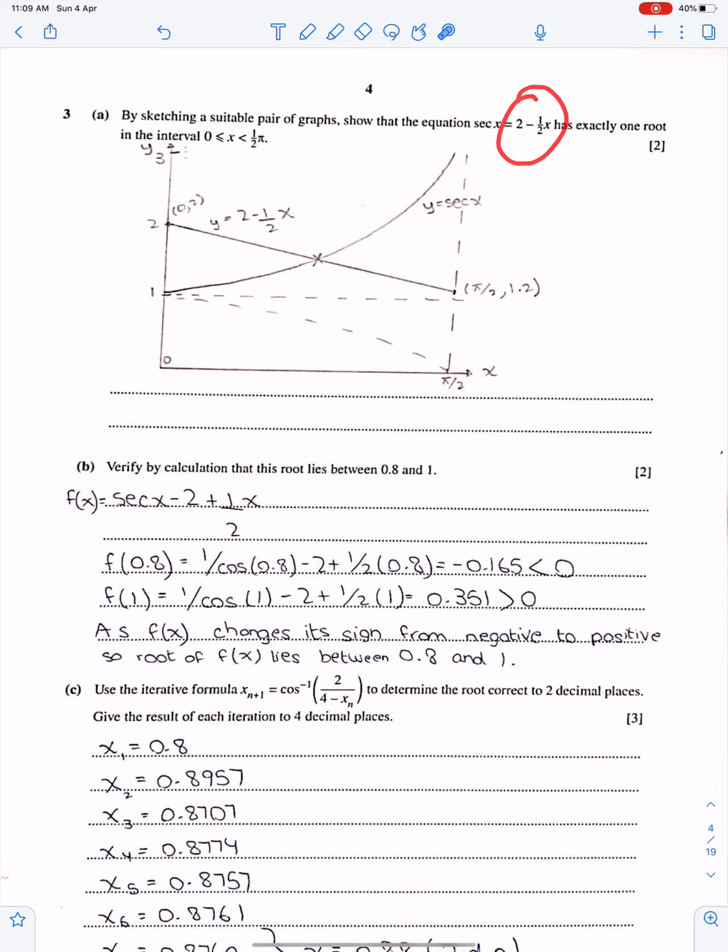This is the straight line, 2 minus half x. For that you need to make a box. And you can do this directly as well. So when x is 0, then y is 2. When x is 2, then y is, I guess, 1. So you can easily sketch this. 0, 2 and 2, 1. Sorry, it's 2, comma 1.